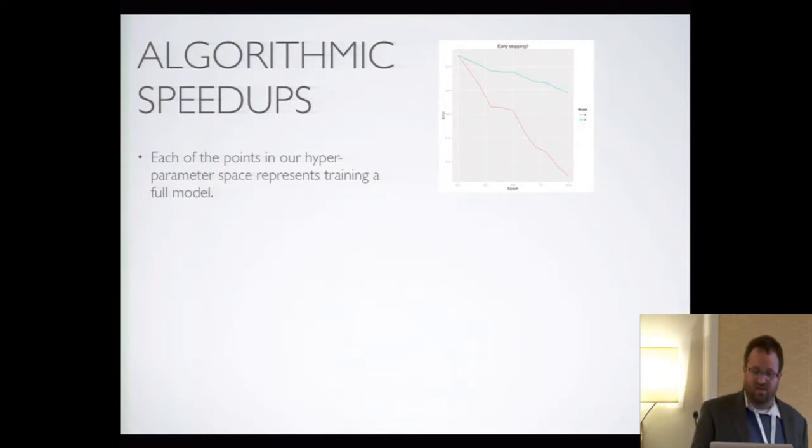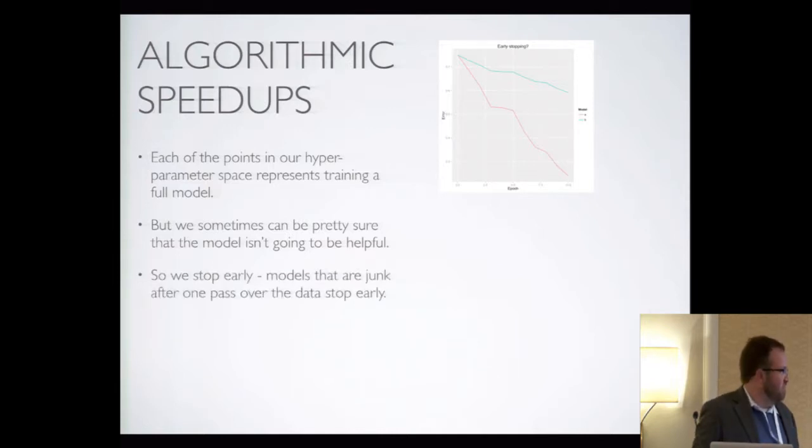And if I gave each of these models some budget of, say, 10 passes or 100 passes through my data, I could say, just looking at it myself with some confidence, I don't think model B is ever going to get to the same answer as model A. So maybe we can just stop this thing early and kill it off when we realize that it's probably never going to converge. Now, the machine learning people in the room are probably cringing because how can I prove that this model is never going to get better than that model? And the answer is we can't, or at least we haven't yet.